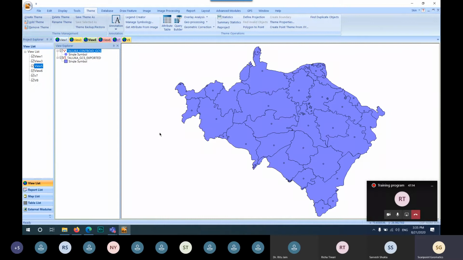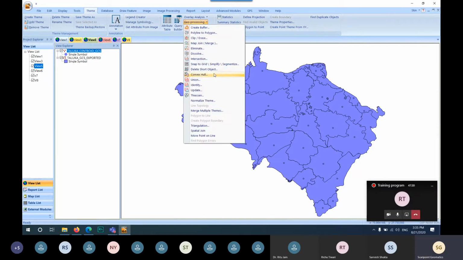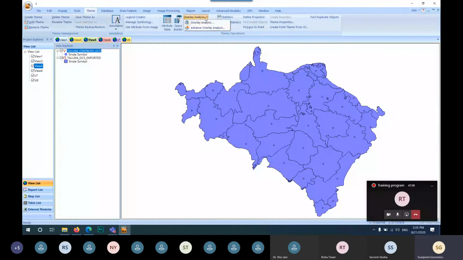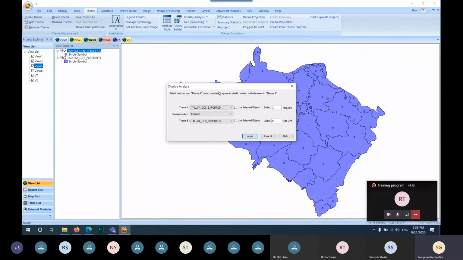We can digitize it in vector data like road vector data, polygon vector data, parks and utilities, and then we can join one theme with another, we can union them, we can clip one theme to another theme, we can have the overlay analysis where we can find out the features which are contained in both the themes.